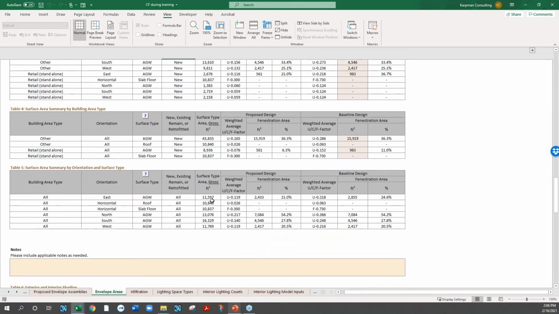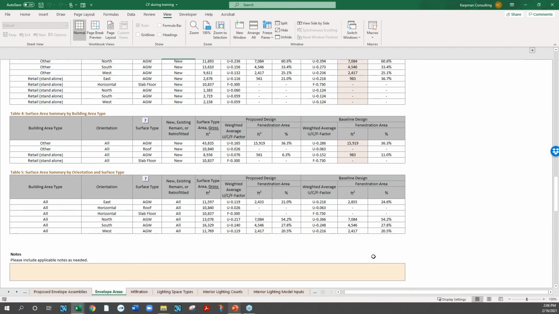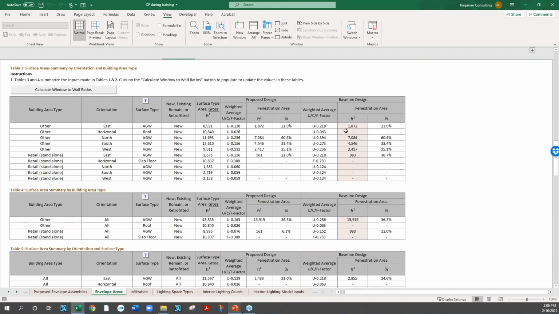So these are summary tables. This table 5 is to help QC the model, because this is how a lot of models report these variables. So you can compare your modeling output reports with the values in this table just to make sure you're doing it right. And I just want to show you, in some instances, like I said, these purplish cells, they can